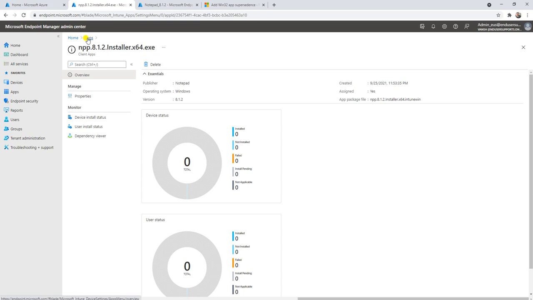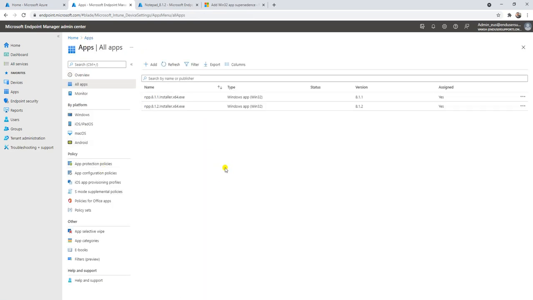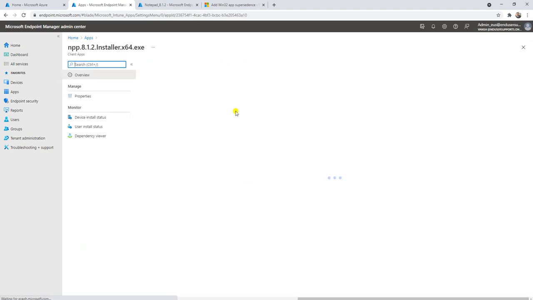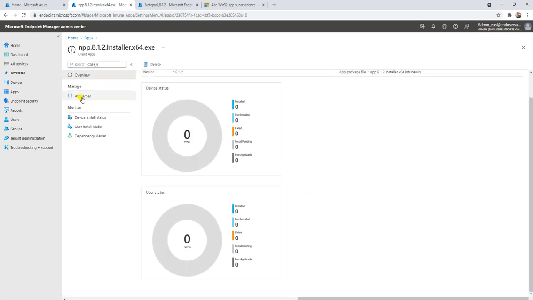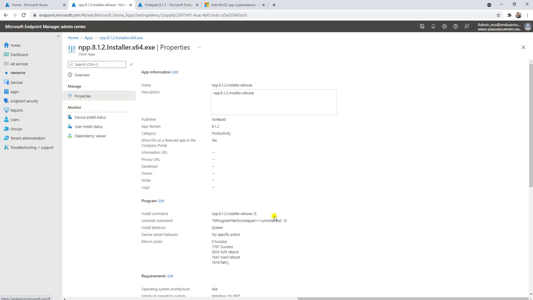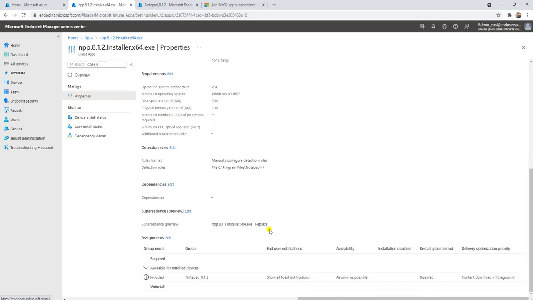So now we are good with this deployment, and here you can see the app is created. If you want to see the assignment, you can go here and check where it is deployed. Go to the properties, and it is deployed to this group, Notepad 8.1.2. So that's how you can validate which group your application is targeted to.